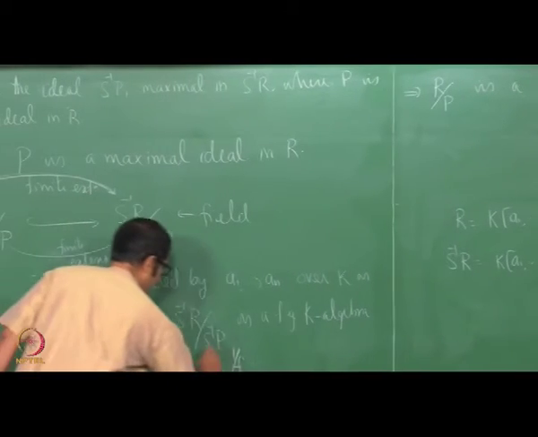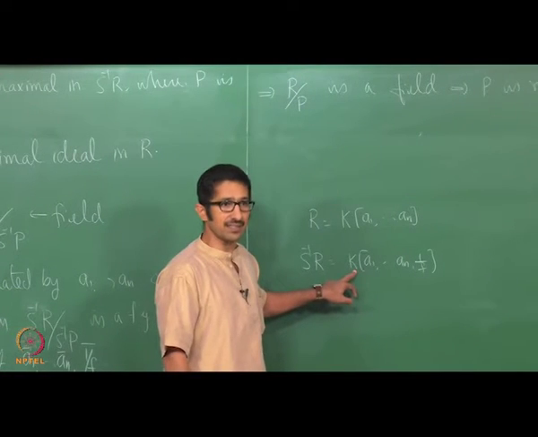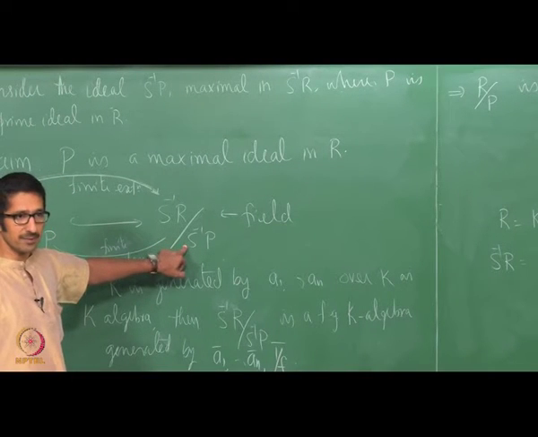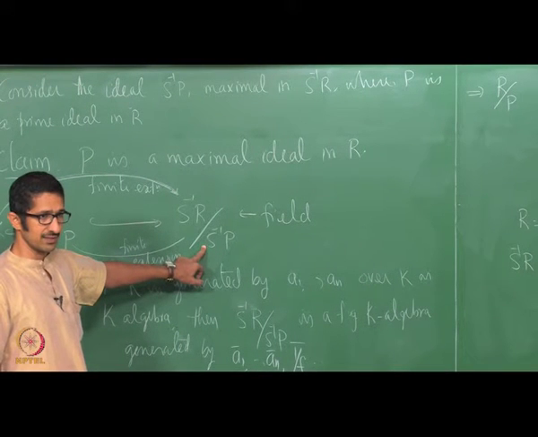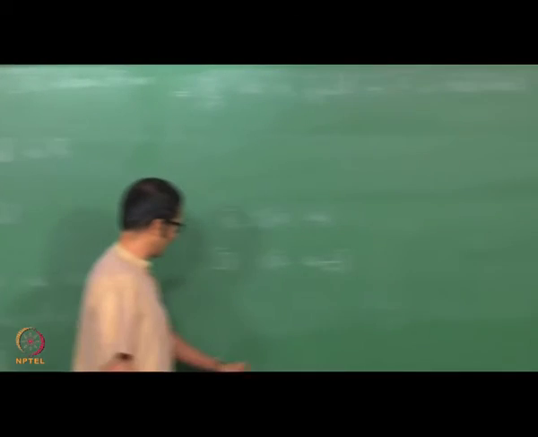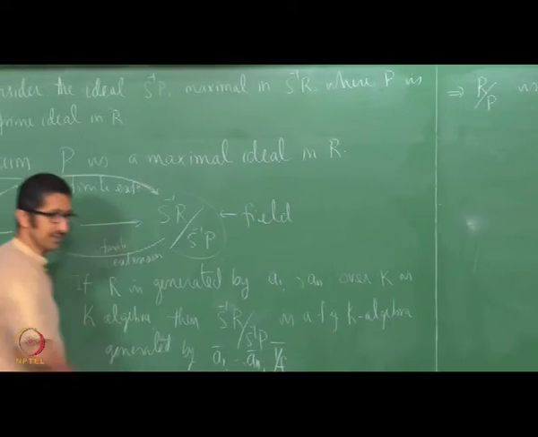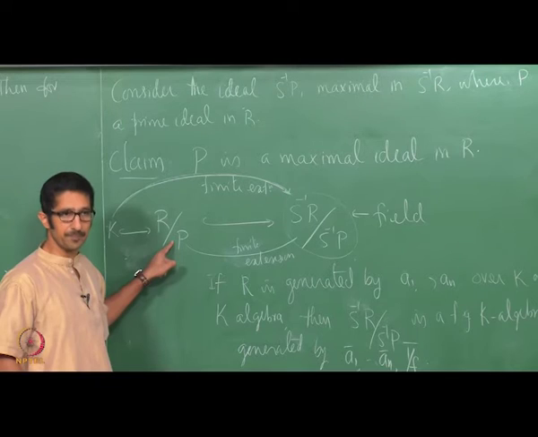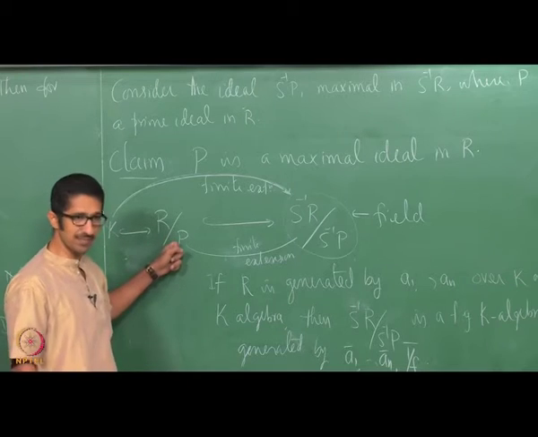So S inverse R itself is a finitely generated K algebra, and here we are looking at S inverse R mod S inverse P. This is a finitely generated K algebra, which is a field. This is a finite extension, this is a field, therefore this is a field. That means P is a maximal ideal,